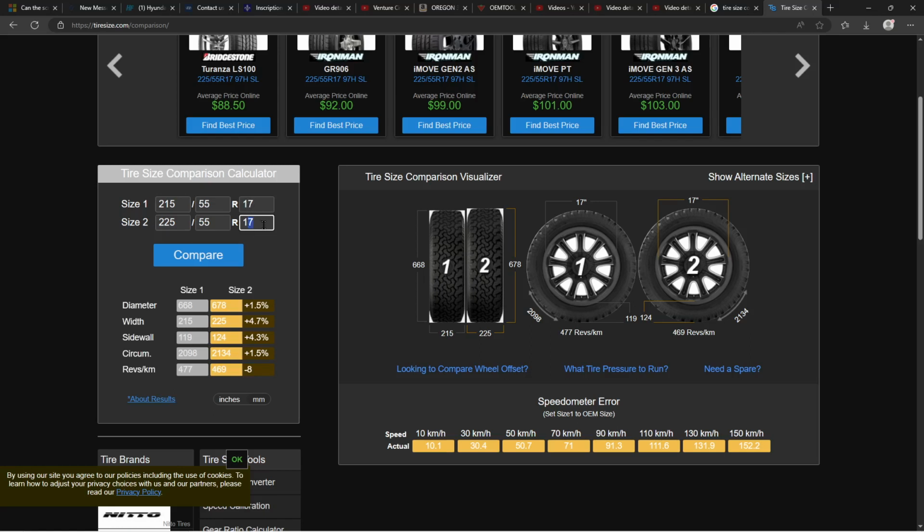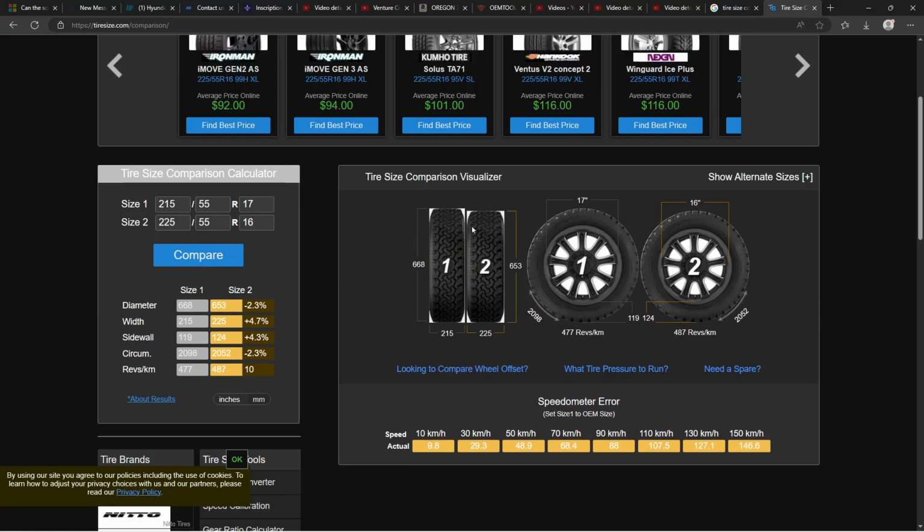But if you can choose different wheels, smaller wheels for instance, then you can compare two different wheels, and sometimes it can also fit. It's the same idea, it's just that this time the wheels will be completely different, and you need also to check for wheel offset as well, but that's a completely different point. So you can also compare two tires for two completely different wheels.